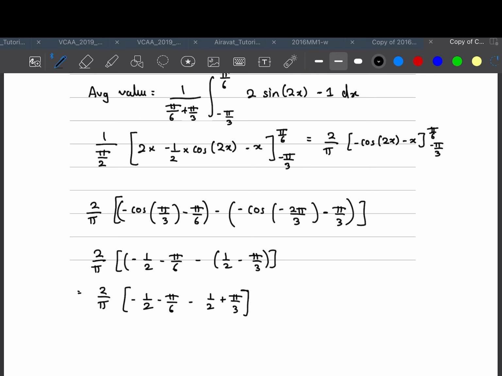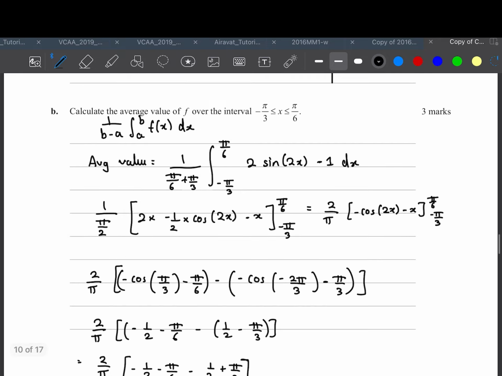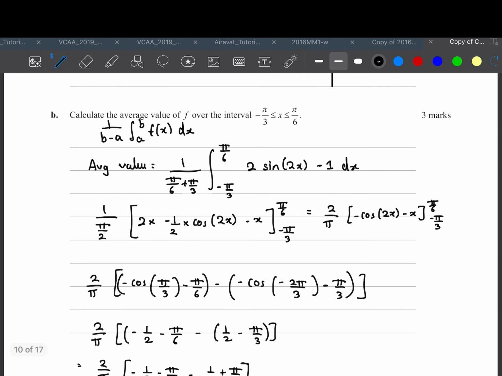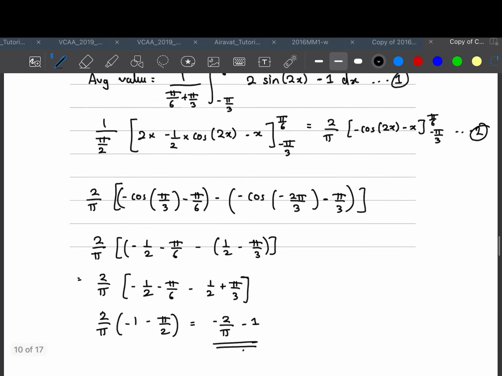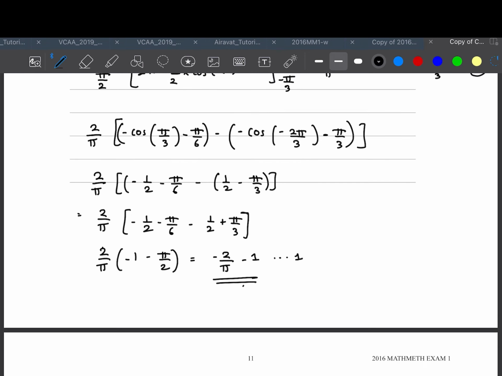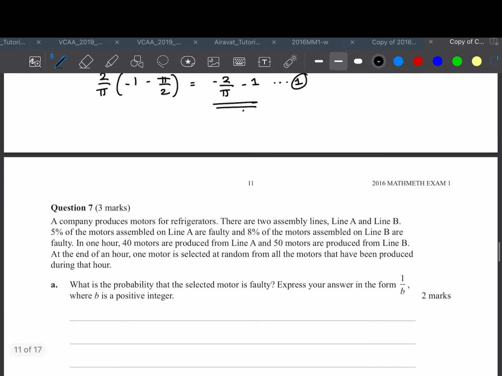And this would give us 2 over pi minus 1 minus pi on 2, and this would give us negative 2 on pi minus 1. So that's your answer. Now 3 marks, 1 mark for maybe this over here, the second mark for correctly solving the integral, and third mark for the correct answer. This is my suggested marking scheme. Alright,